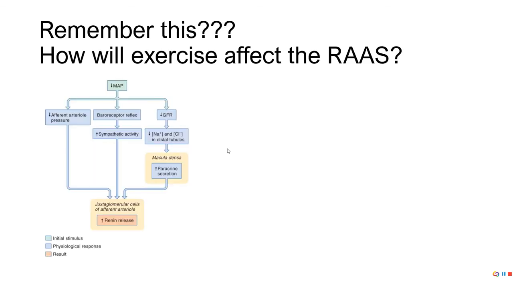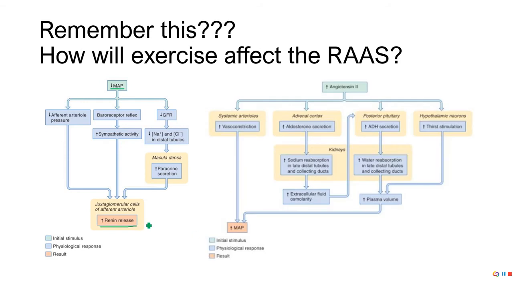Okay, so if you had me for 220, you've seen this flow chart. All right, so just to focus on the important things right here. If I have a decrease in blood pressure, I'm going to release renin. Renin comes from the kidneys. Renin will ultimately cause the activation of angiotensin 2. Renin causes the formation of angiotensin 1, which goes to the lungs, runs into ACE, or angiotensin converting enzyme,